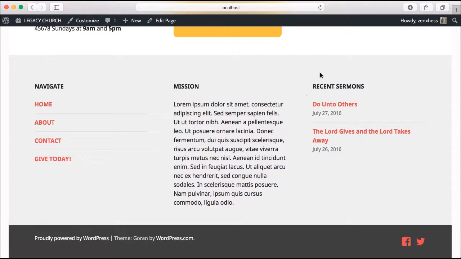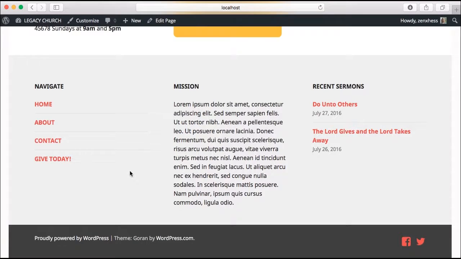And then also, the recent sermons will give users a quick way to see what you are preaching about and what they can expect at your service. Now, under mission and elsewhere on the website, you will notice that there is dummy text. It's also called lorem ipsum. It's just there to give you an idea of what design-wise would look good. So this gives you a number of words that you could use for your mission statement that would keep the